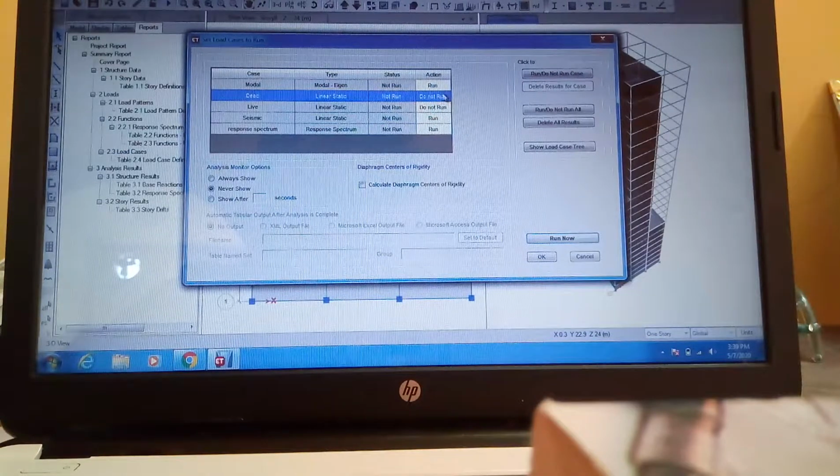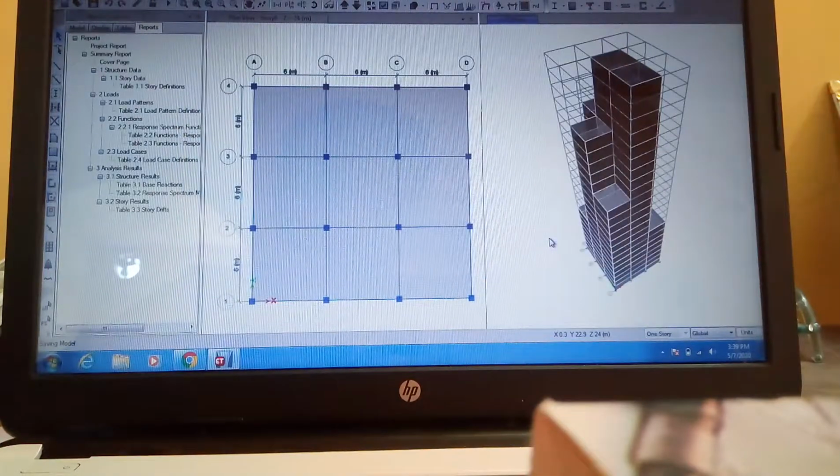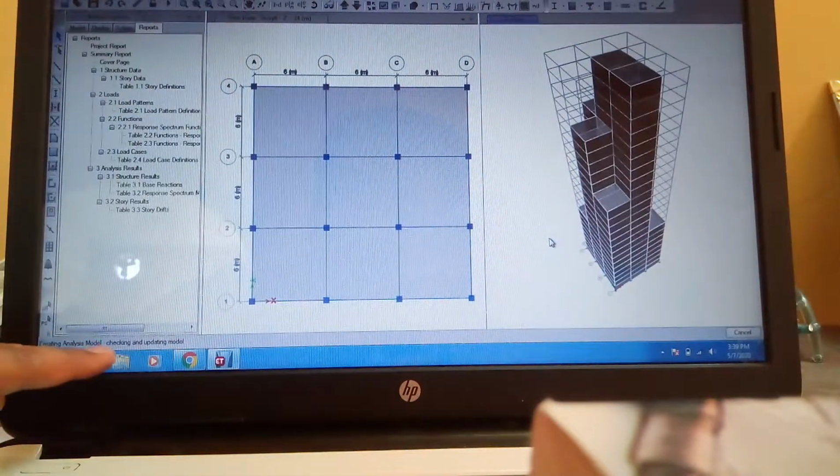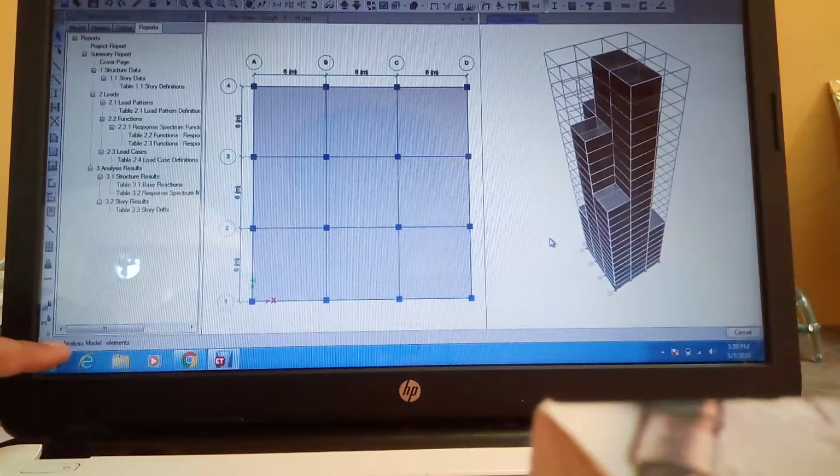After selecting all these, model, seismic and response spectrum, what will we do? We will run it now. Run now. It will take time and automatically show your model's total detail. It is actually going on. Creating analysis model, story, it will take time. Then automatically you will see the displacements of your figures.